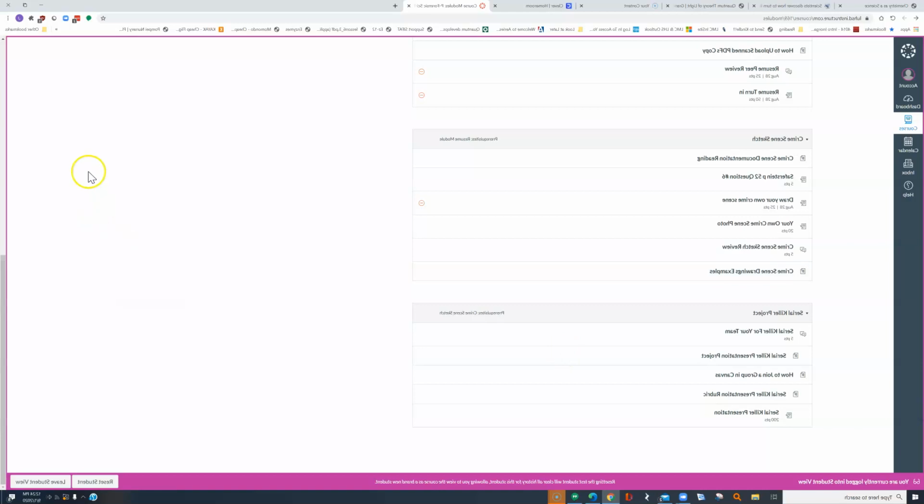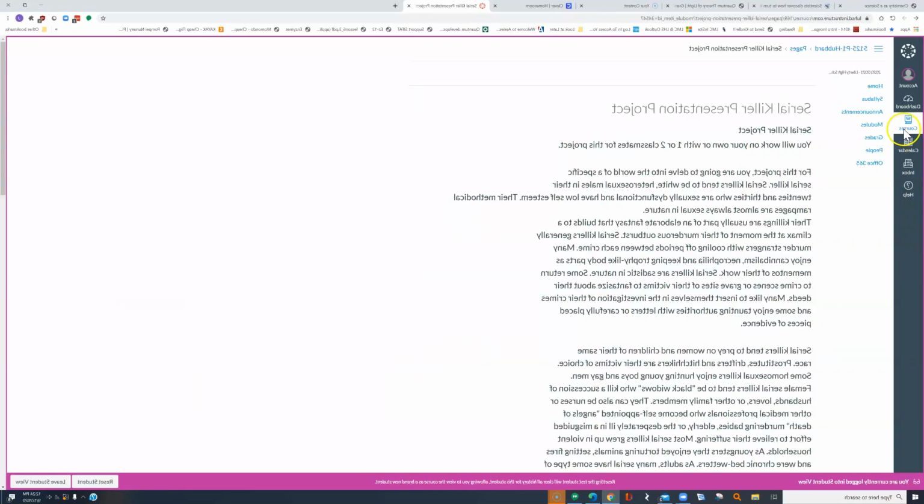And then after that, you might have seen them making a crime scene at your home, and they uploaded a photo for that. And they also sketched what they took a photo of. So that's what they've been working on last week. And then this week they're starting to be working on a serial killer project. And so this is where they might see some gross things. So I want you to make sure that you're aware of those things. And they can work in a group of 1, 2, or 3 people. And they're going to be presenting, I'll show you the project.